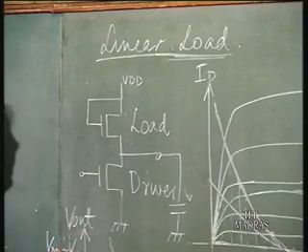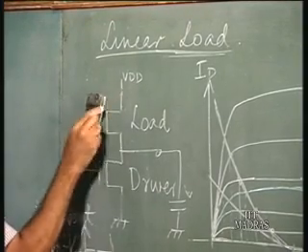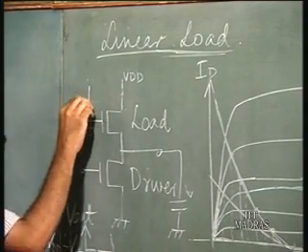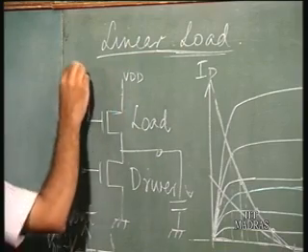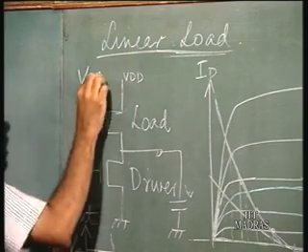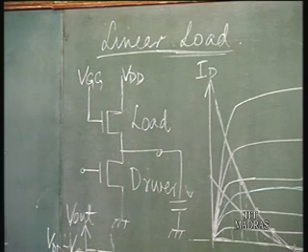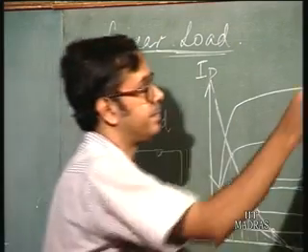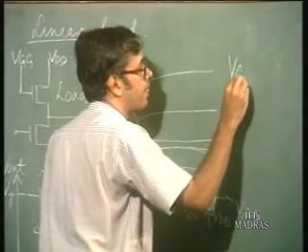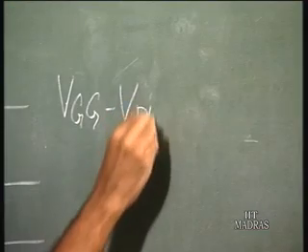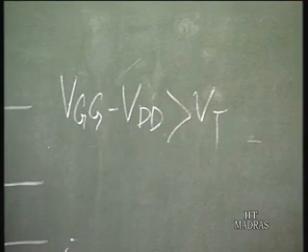So what you do is you have this gate voltage, you have a separate power supply for the gate voltage, VGG, and if VGG minus VDD is greater than VT,